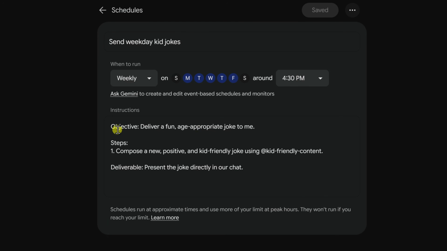So just as a quick recap, the task, what you see right here, tells Gemini what to do. Here, we call out the skill. That helps Gemini do it better. And right at the top, we have the schedule. This tells Gemini when to do it. The joke example is fun,